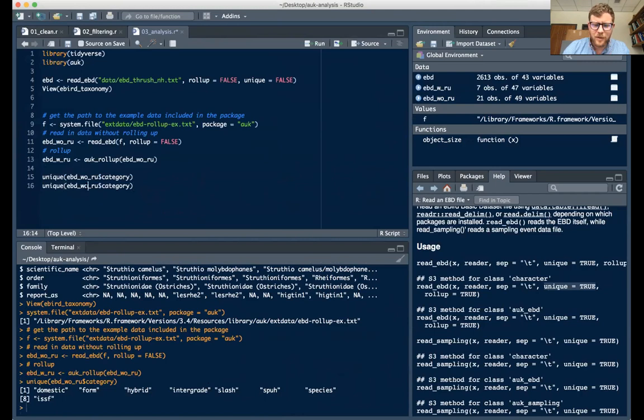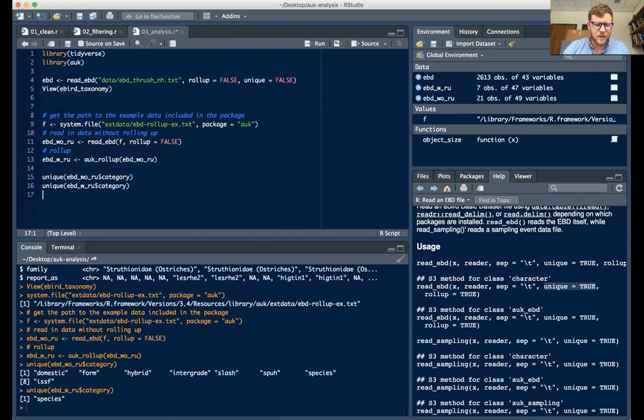But I'm going to do the same thing now with the data frame where the rollup has been applied, and it's only species. So everything above species, like American slash Mallard slash Black Duck and stuff like that, and spuhs have all been removed. And then another cool thing